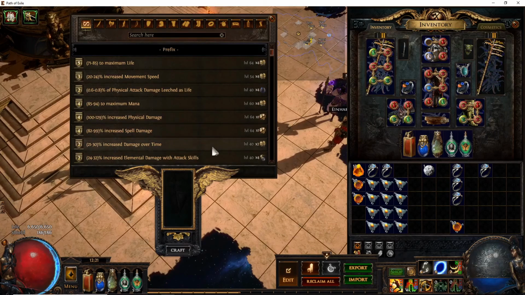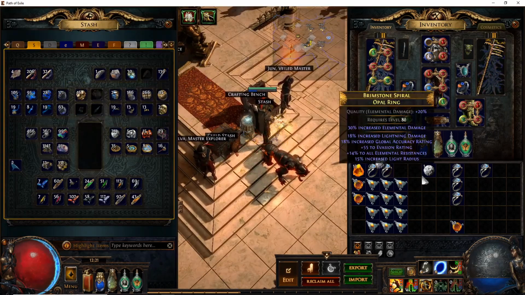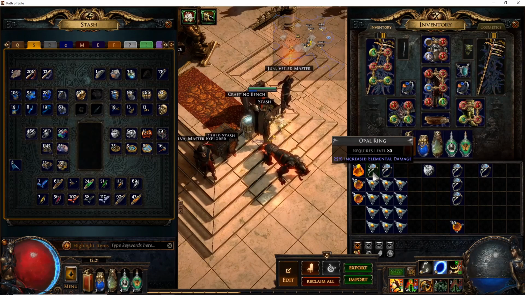Okay, need more scour orbs. Which, that's just the case. That's just what happens a lot of the times when you're doing crafting. You craft something good for somebody else, you gotta sell it, and...